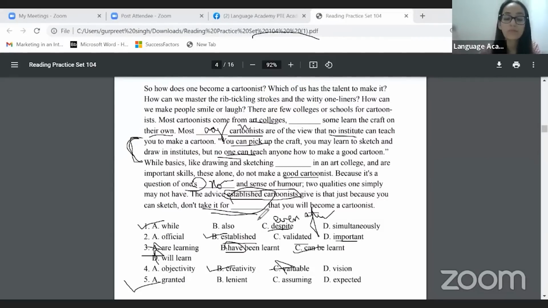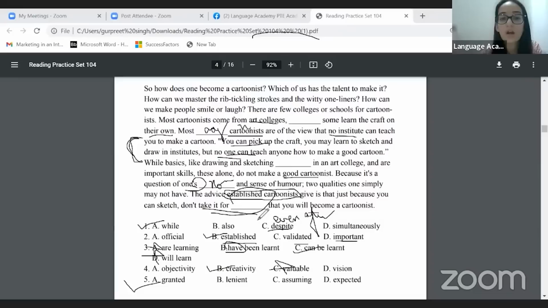The first one: whenever we compare two things, while some here, others there, this piece is always connected using while. Established cartoonist, the sentence was complete. Cartoonist is a noun, so we always have to describe the noun with an adjective. An established cartoonist was a hint given in the paragraph itself. The third one was again the hint that we are talking about possibilities. You can learn here, you can learn there, you can learn in art college, but nothing makes you a good